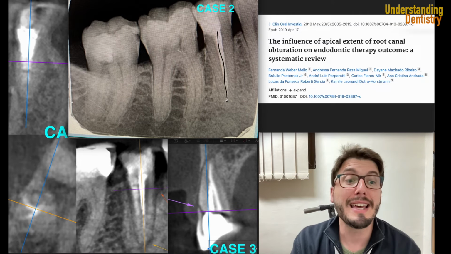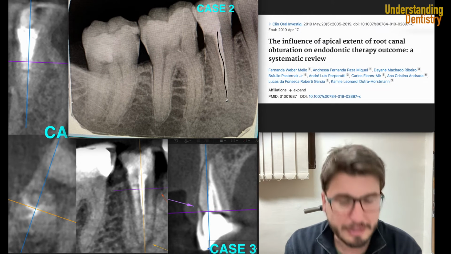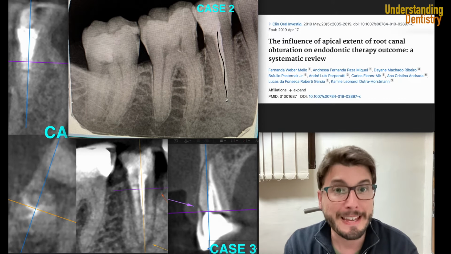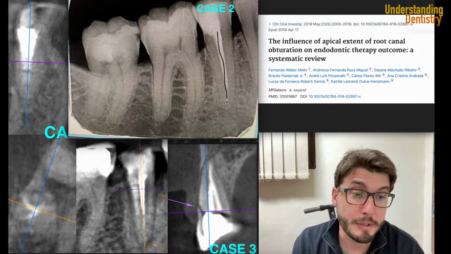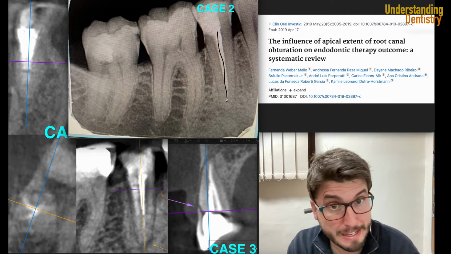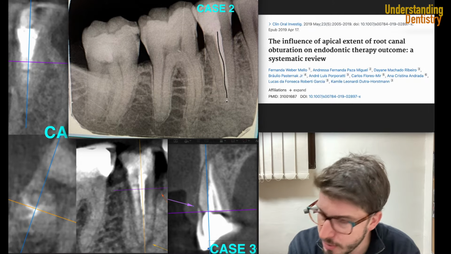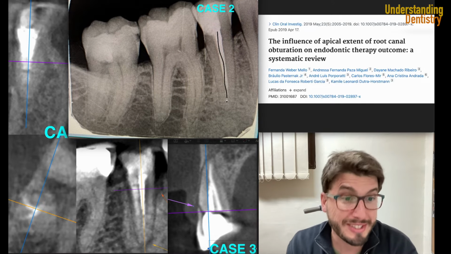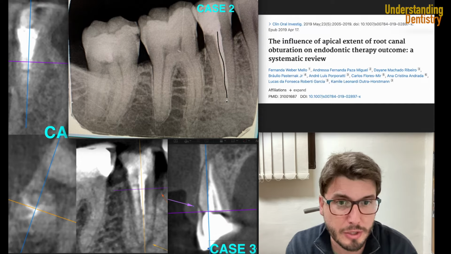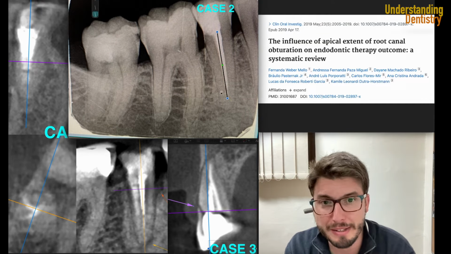Okay, the second endodontic file came until here. The third, so all of them came until here. All right, and of course the caries were here, but maybe the pulp was not necrotic yet. So it was indicated for endo, it was cleaned, but the pulp was not entirely necrotic. And then, of course, this is still a situation that you don't have a lot of bacteria at the apex